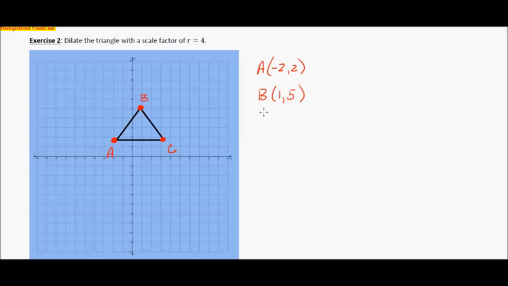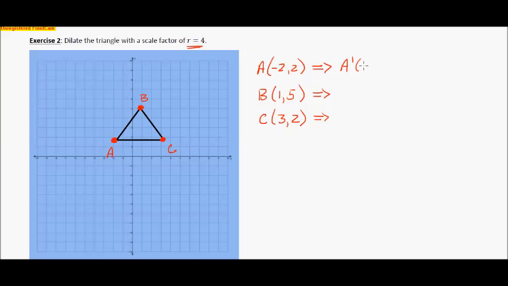And C seems to be at 3, 2. Alrighty, and I want to do a dilation on these with a scale factor of 4. So I do the same thing. I take each one of these points and I multiply the X value by 4, and I multiply the Y value by 4. So I'm going to get an A prime that is going to be at,